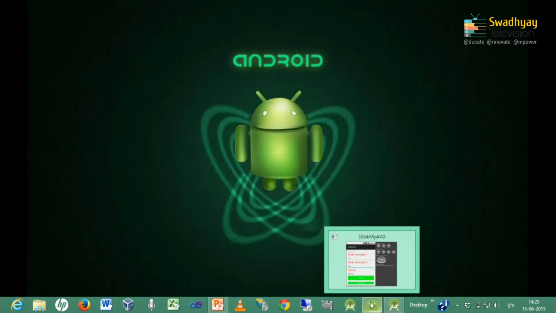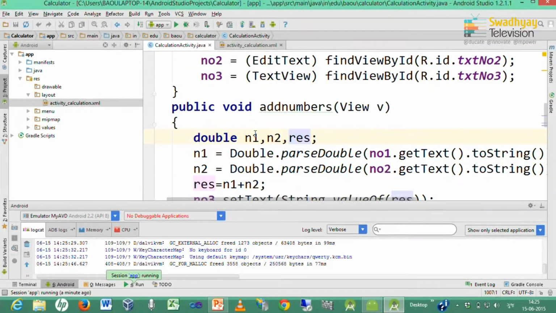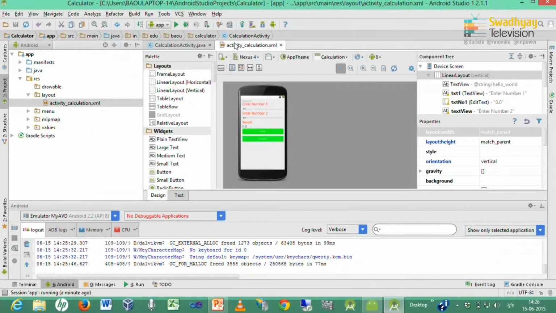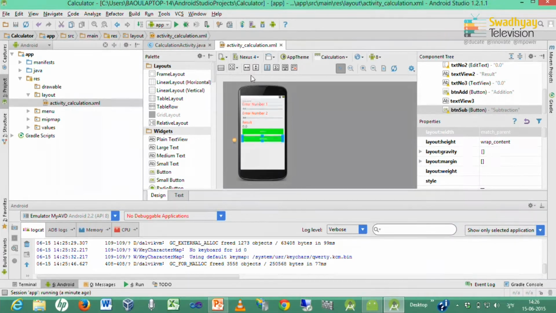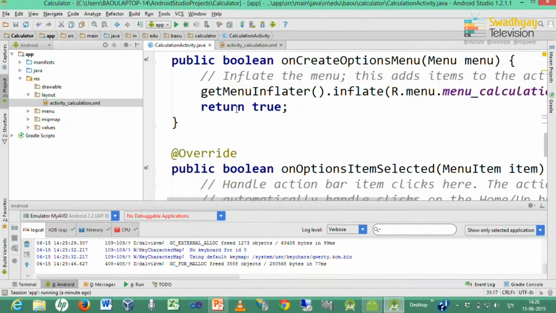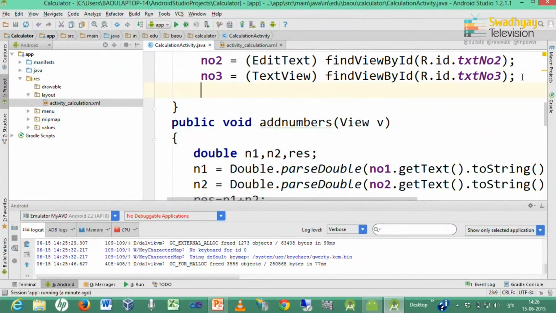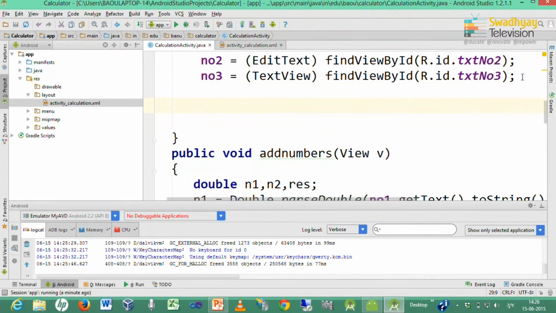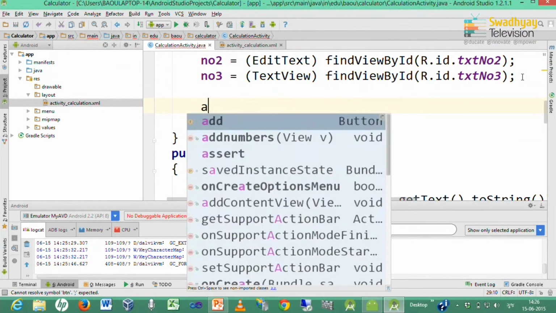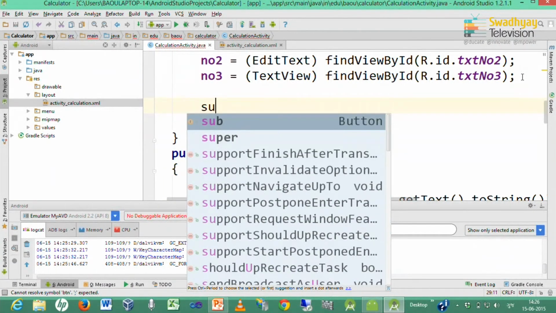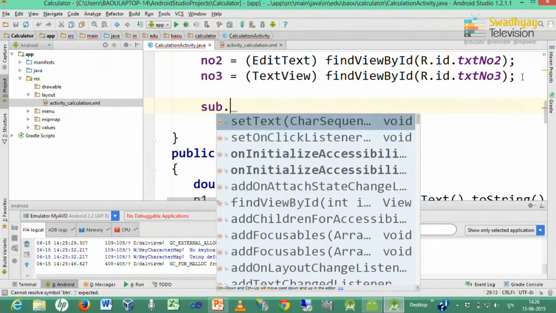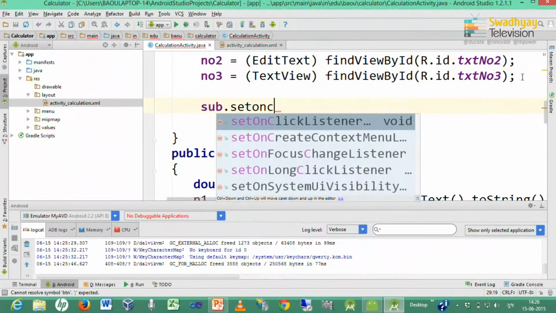Let us quickly look at another way of handling click event. So, for second button we will use another way of handling click event. In last line of on create method, we write down btn, we have a subtract button. So, we write down sub dot set on click listener.